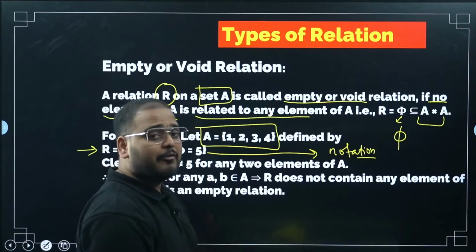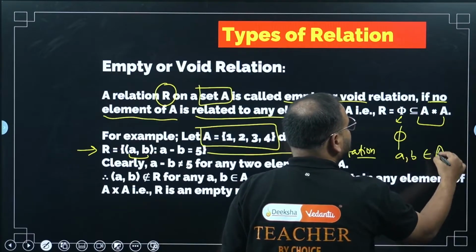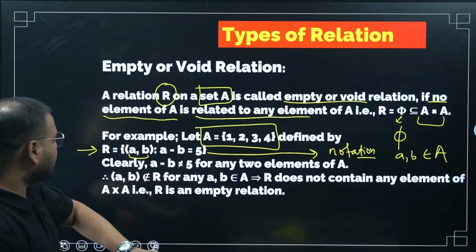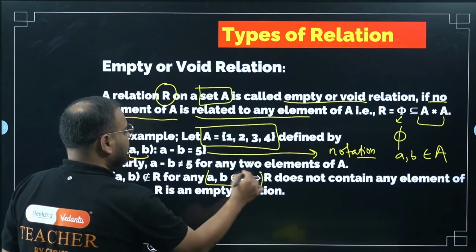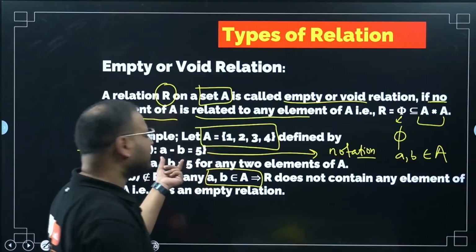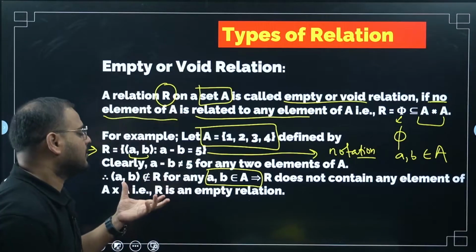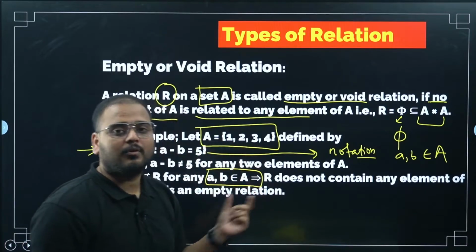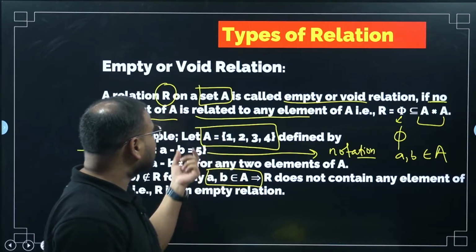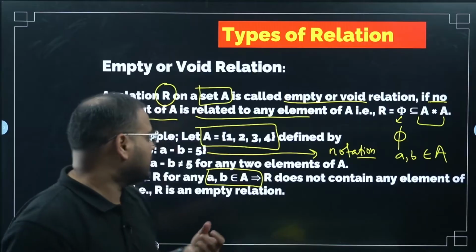a minus b equals 5. What are a and b? a and b belong to set A. They are elements of set A, as you can see it mentioned here. So 1, 2, 3, 4. What is the definition of the relation? The difference of the two numbers of the relation is 5. But if you look at the numbers here, 1, 2, 3, 4, can you see numbers where the difference will come as 5? 1 minus 2 is minus 1. 4 minus 1 is 3. So if we take the maximum and minimum, the highest difference is only 3. So the difference cannot be equal to 5.